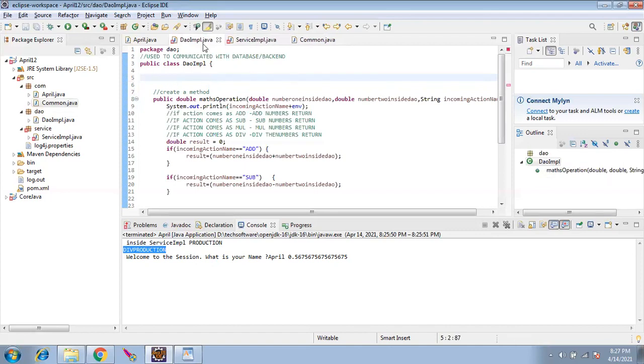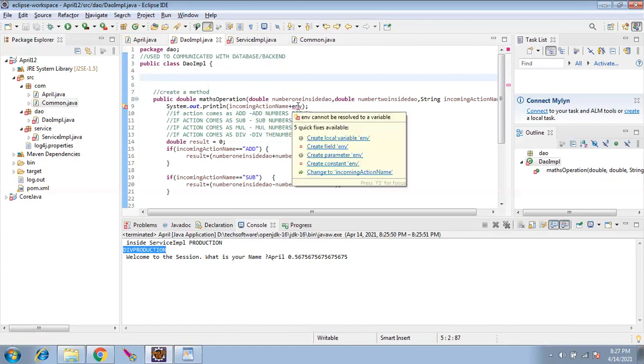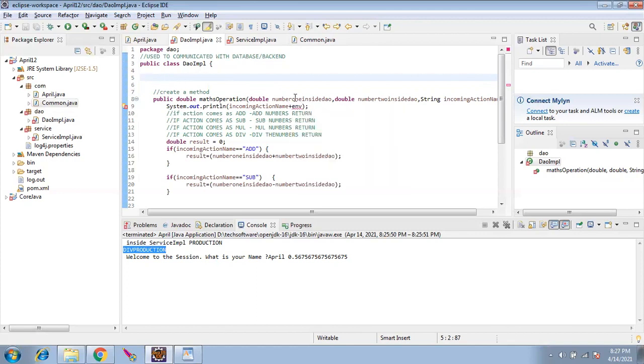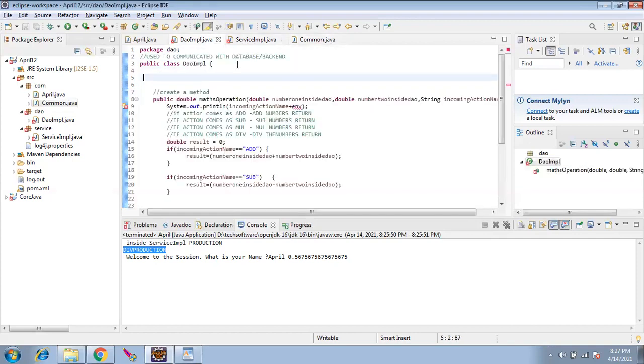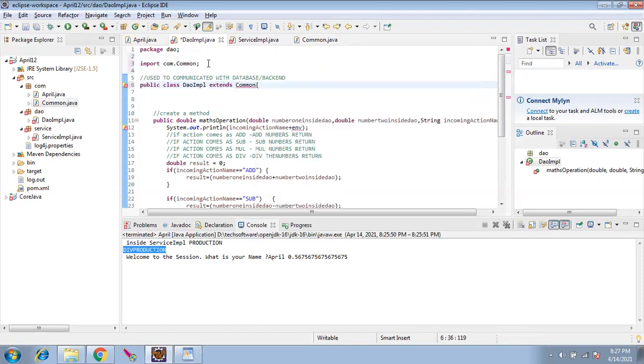Now both of this DAO and service are throwing error because it is not knowing what this env is. Earlier we declared here, so it was able to find. Now it is not able to find. We moved it here. For this to get access, we have to use a keyword extends. Extends the common Java. And once we save it,